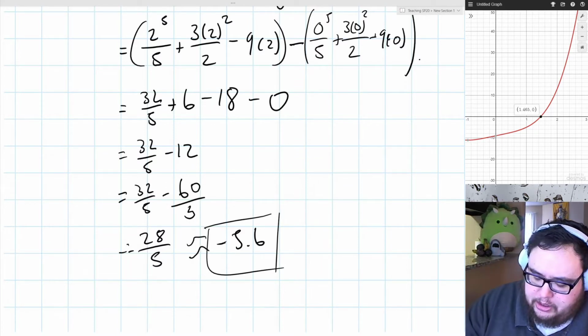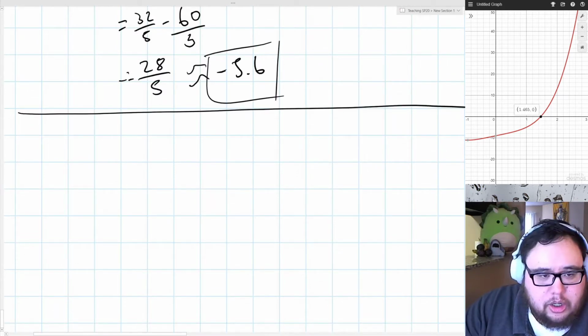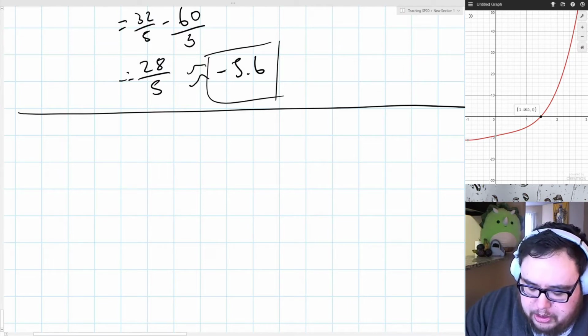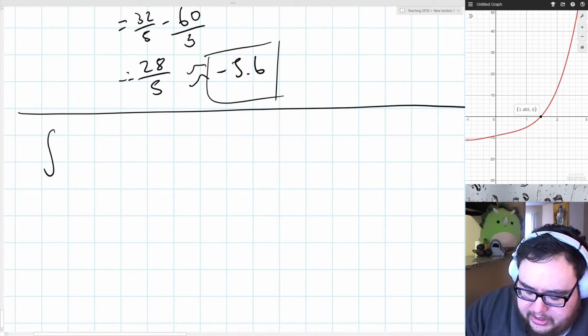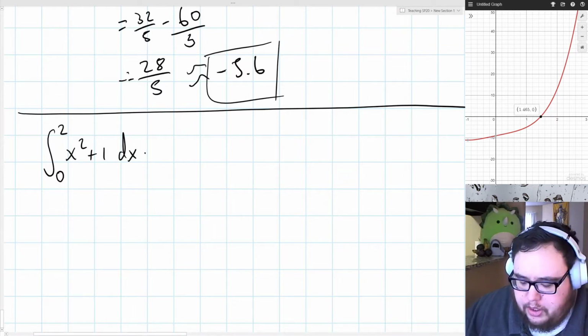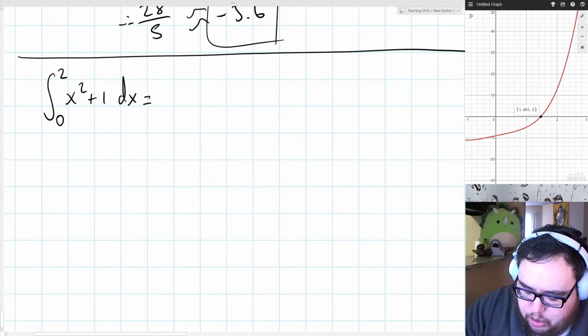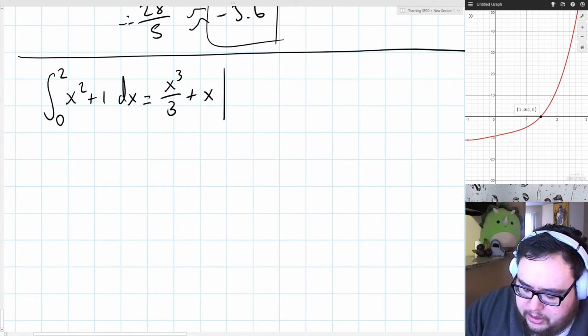And finally, to cap this off, let's go back to that very first question, the area beneath the curve from 0 to 2 of x squared plus 1. We now know that we can write this as an integral. We can write that as the integral from 0 to 2 of x squared plus 1 dx. And we can use the fundamental theorem to find this value, right? So that's going to be x cubed over 3 plus x evaluated between 0 and 2,